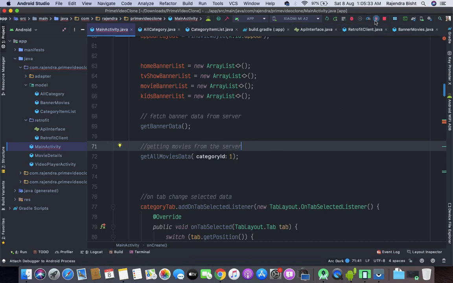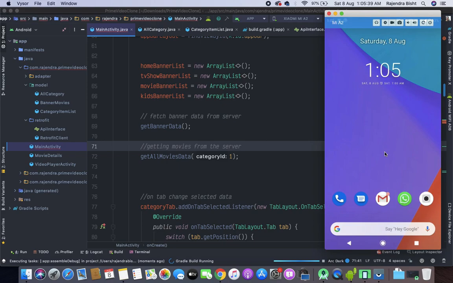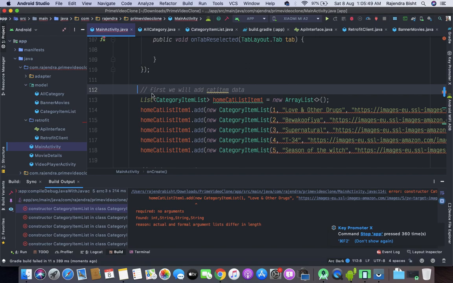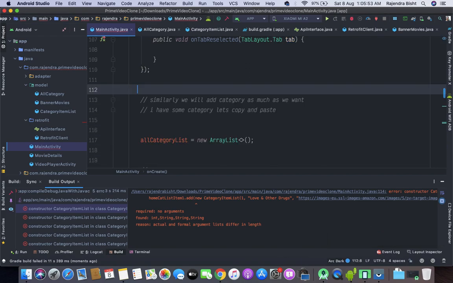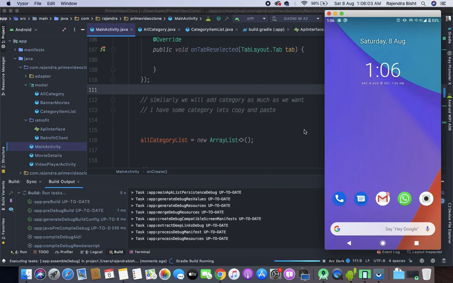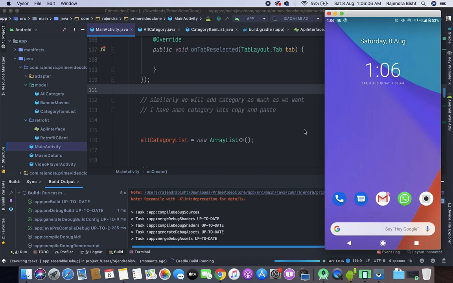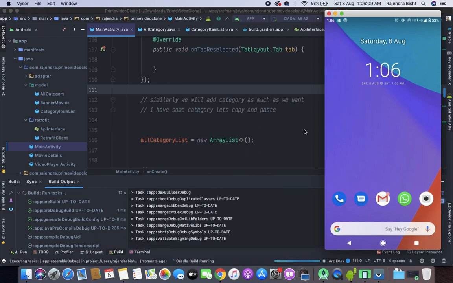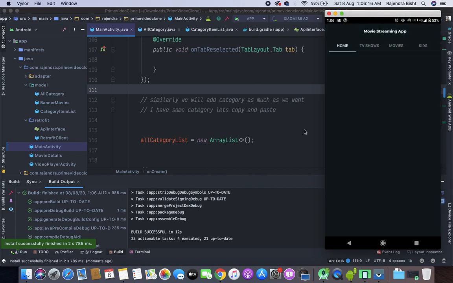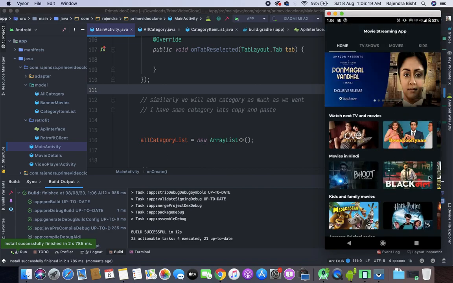So let's run this app. So here you can see that we are getting the data from the server.